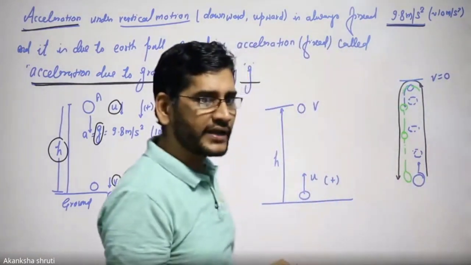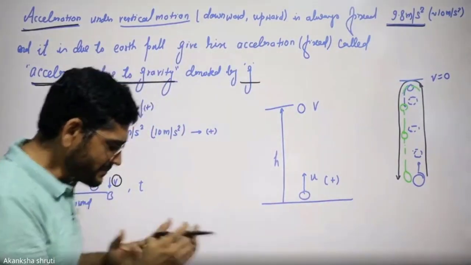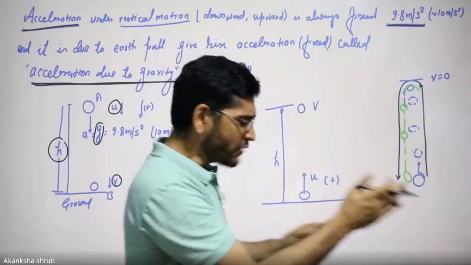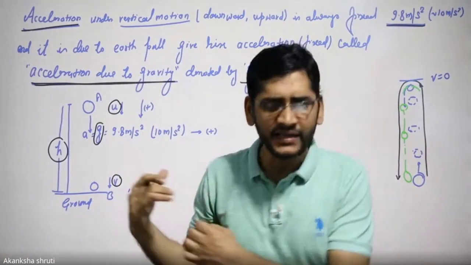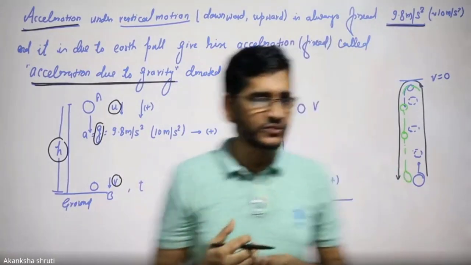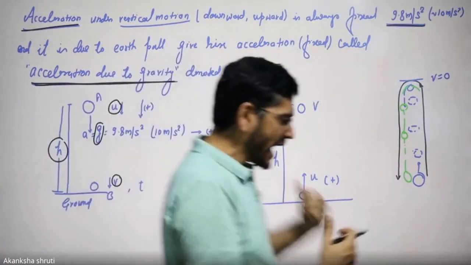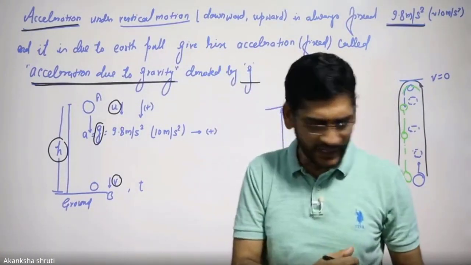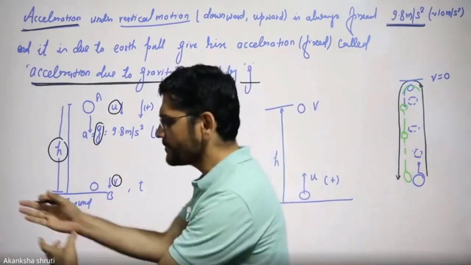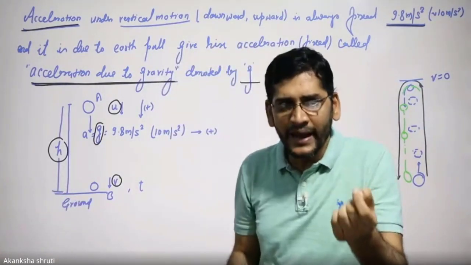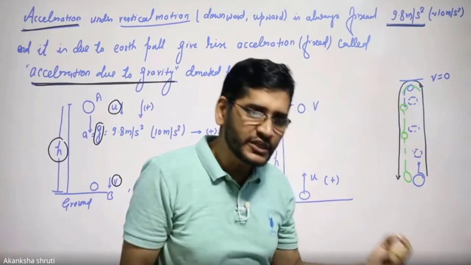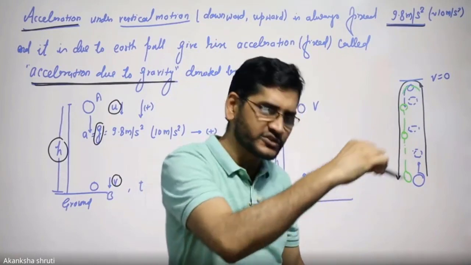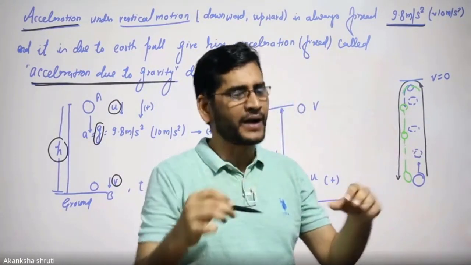Like a student, keep in mind, if I am running in a straight line, moving without stopping anywhere, can I turn back? No. If I am moving in this direction and I want to go back, then surely I will have to come to rest here, or temporarily stop here and quickly turn back. It means that for a moment, my speed becomes zero at the point where I am just turning back. You are not allowed to take a circular path.